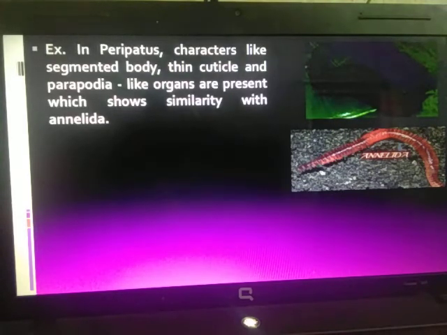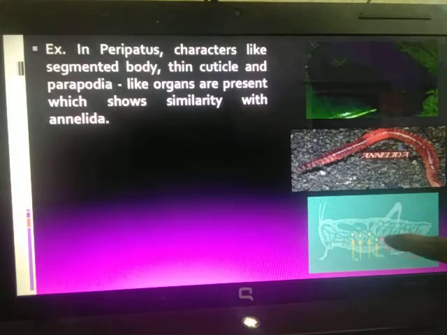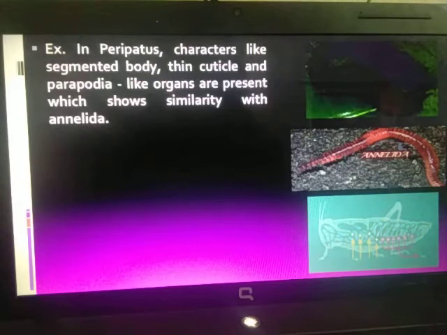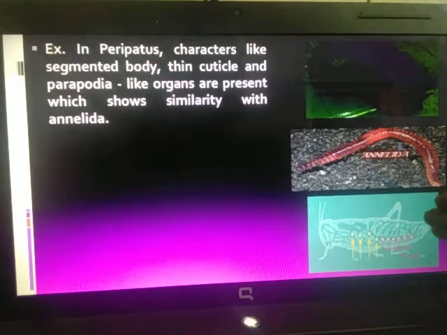Fine. So next organism is insects. Now here I have placed a picture of an insect, okay, which is showing this type of respiration called as tracheal respiration. Now what is tracheal respiration? Tracheal respiration is nothing but exchange of gases. That is just like how we are exchanging oxygen and carbon dioxide. They also exchange oxygen and carbon dioxide with the air and with their tissues. But how is it going on?